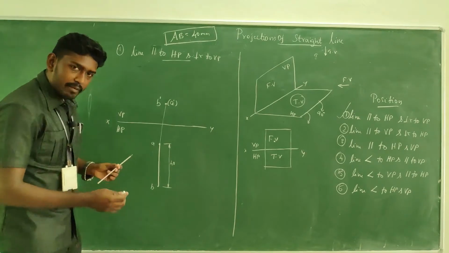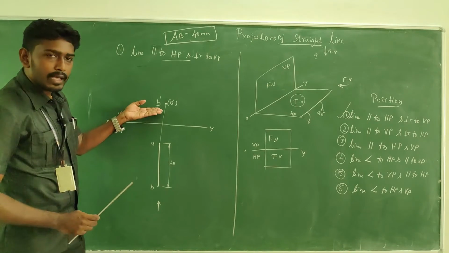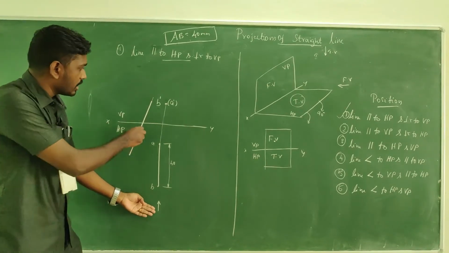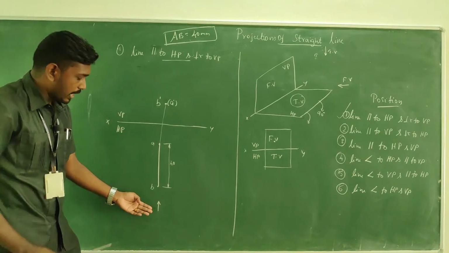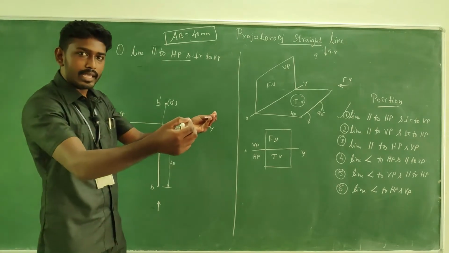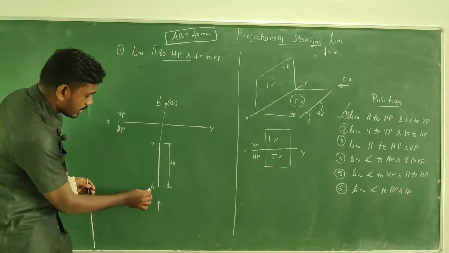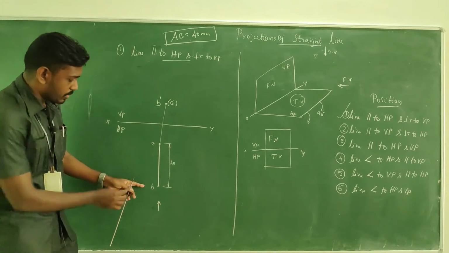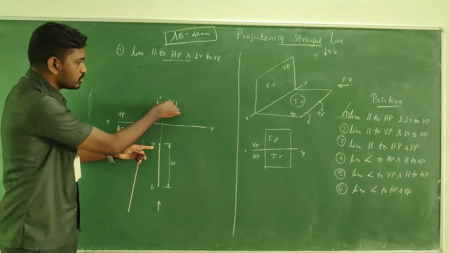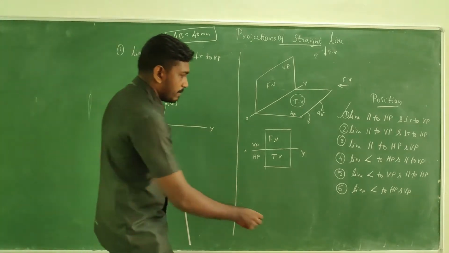Okay. So same way, if you have any doubt, in order to mark the notations, you have to look at the object from here to mark the front view. Okay. So if you look from here, this is the observer position which I have shown here. The same location is here in the diagram, right? So if you look, the B is visible and A is invisible. I have taken B as the visible one and A as the invisible one, so I have taken it inside the bracket. Okay. So just go to the second